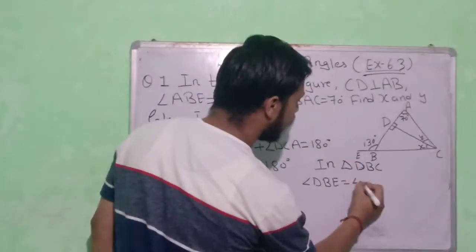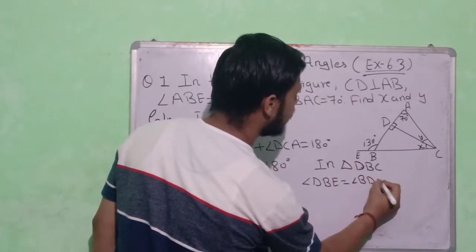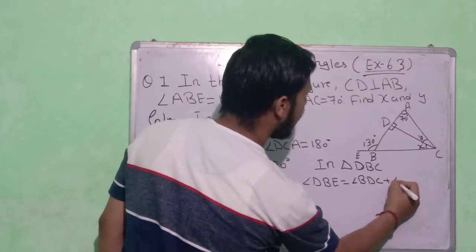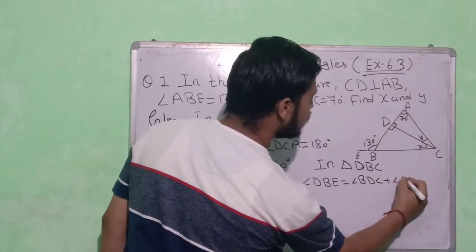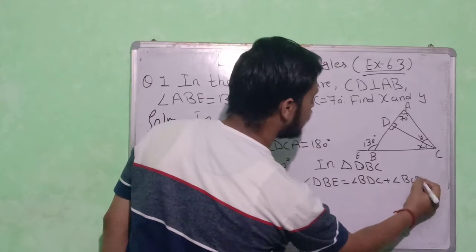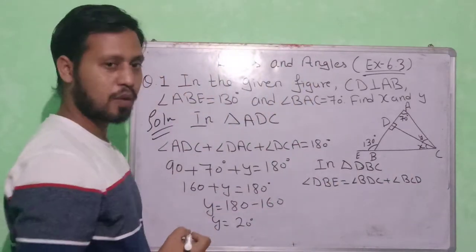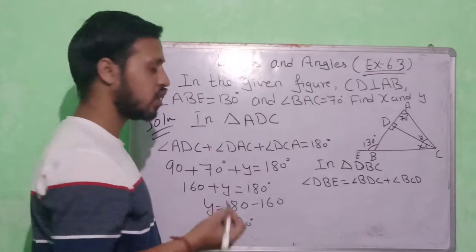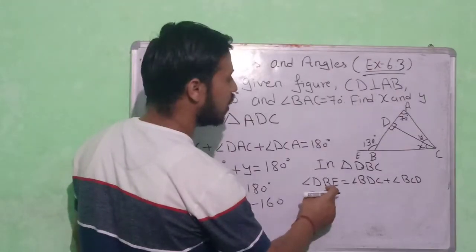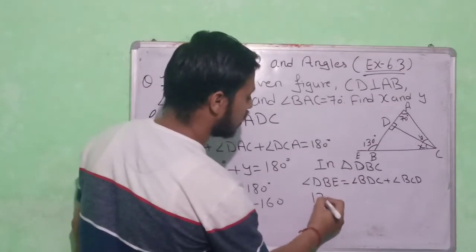I can take angle BDC plus angle BCD. By which property? Exterior angle is equal to the sum of opposite interior angles. Now DBE is 130,